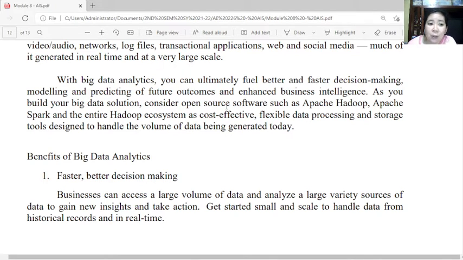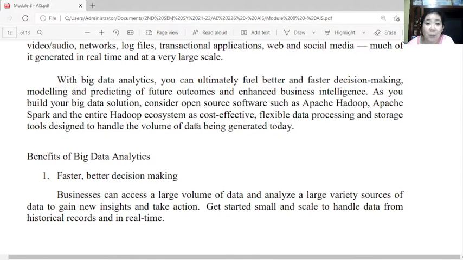As you build your big data solution, consider open source software. These are the software that can help in big data analysis or analytics. So we have Apache Hadoop, Spark, and the entire Hadoop ecosystem.